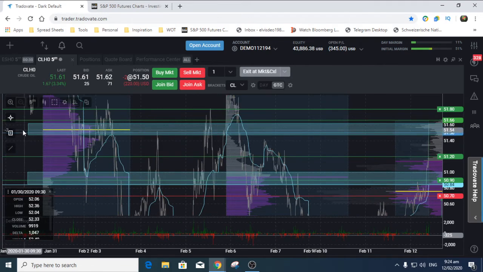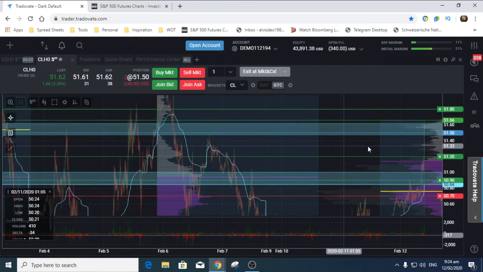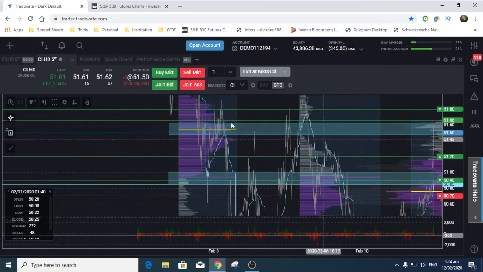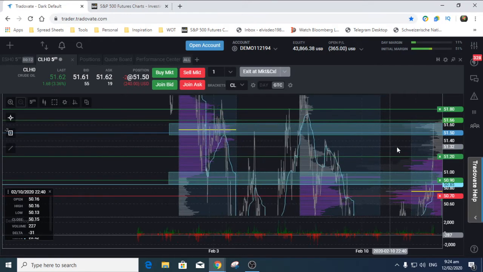And you can see why we're looking at that entry. Use the point of control from a micro composite. Look at the micro composite closely. 54, 55 is the entry you should be looking at right there, and the 50 was the entry for this. If we do get a breakout of that, there is structure right here at 51.80. That's why our stops are there, and we can get the entries.